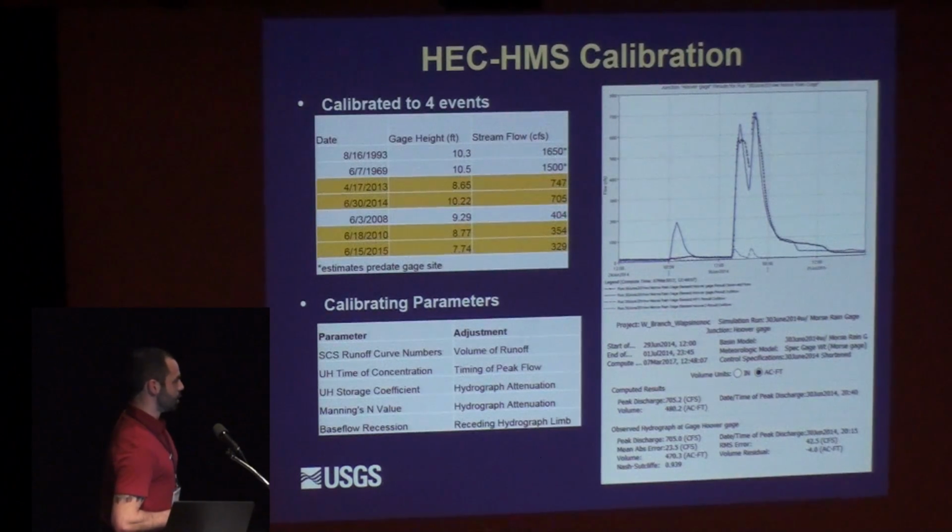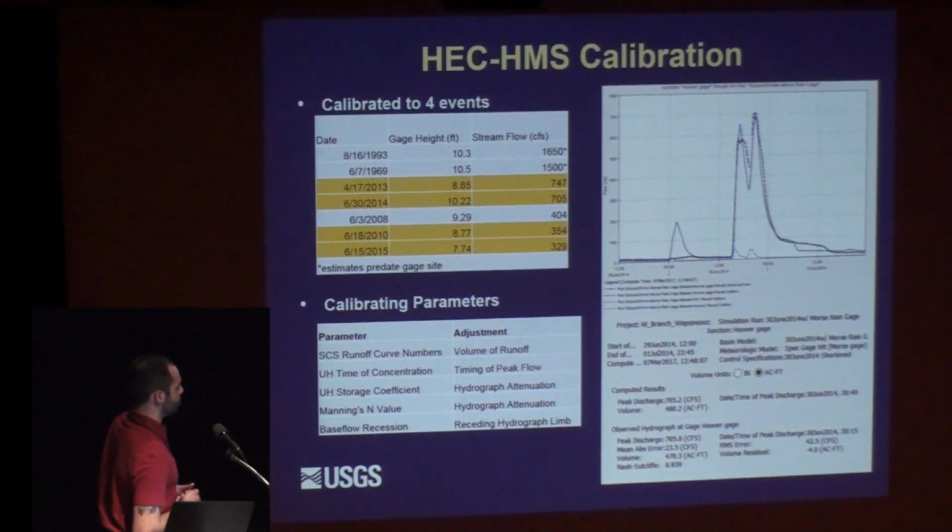So to produce a runoff model, you need to replicate these rain events. Our gauge in Hoover Park has been there since the year 2000. So these are the highest events that we've had for discharge at that gauge. And so I used 4 of the top 5 events that we measured with that gauge to calibrate the runoff